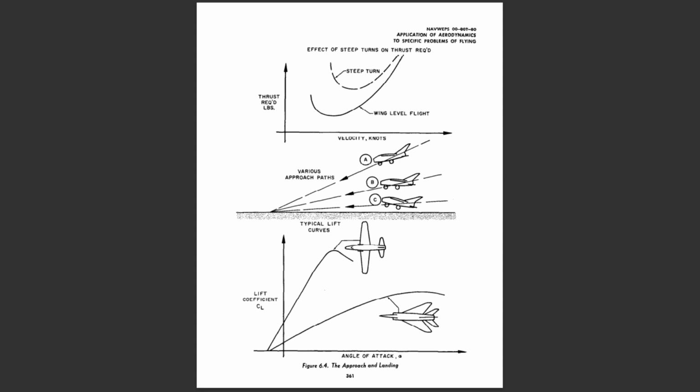The approach. The approach must be conducted to provide a stabilized, steady flight path to the intended point of touchdown. The approach speed specified for an airplane must provide sufficient margin above the stall speed or minimum control speed to allow satisfactory control and adequate maneuverability. On the other hand, the approach speed must not be greatly in excess of the touchdown speed, or a large reduction in speed would be necessary prior to ground contact. Generally, the approach speed will be from 10 to 30% above the stall speed, depending on the airplane type and